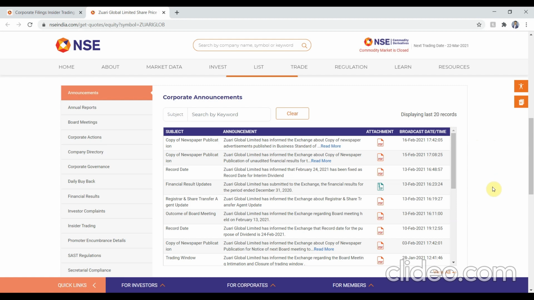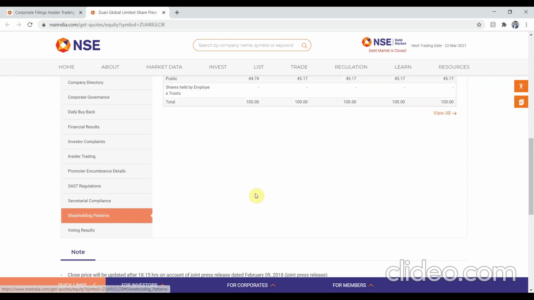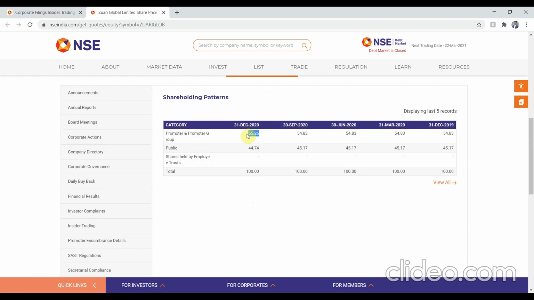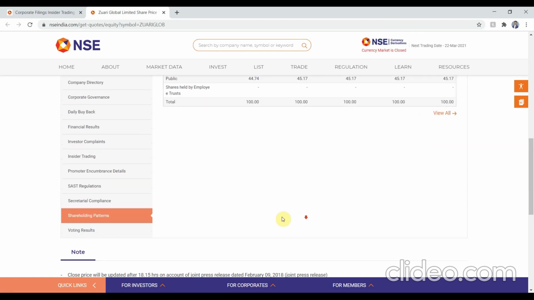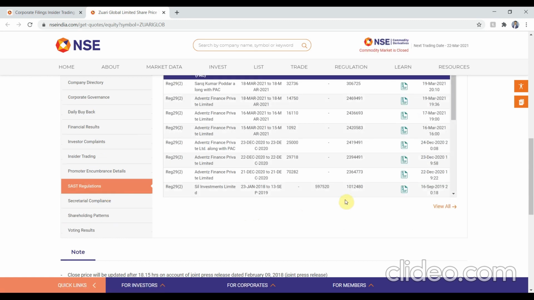So, okay, first let's check the shareholding. As you can see, the latest shareholding of promoter and promoter groups is 55.26%. So this passes the filter. Next, let's check the selling in this stock by institutional investors.